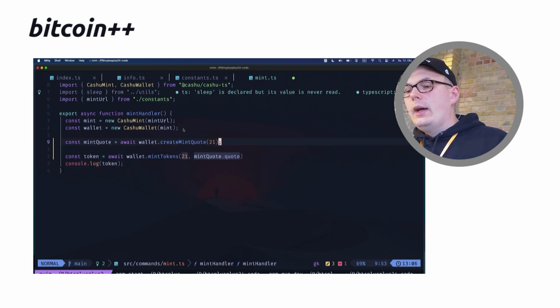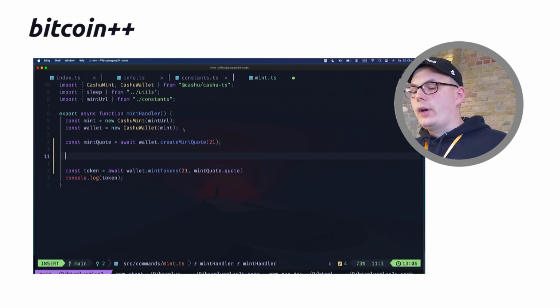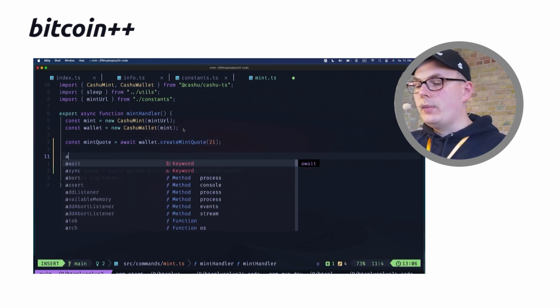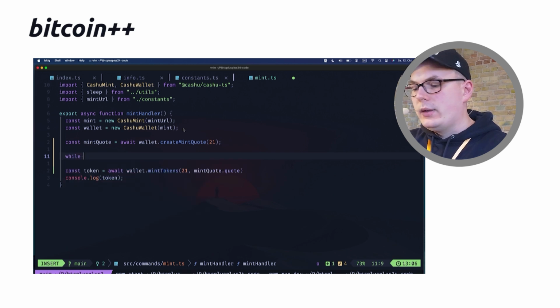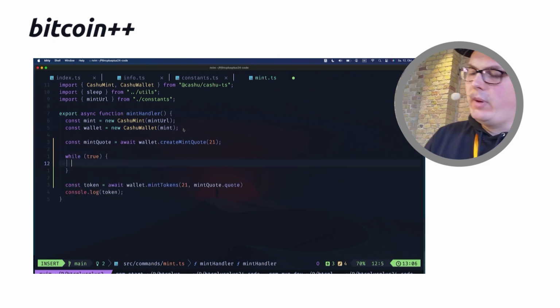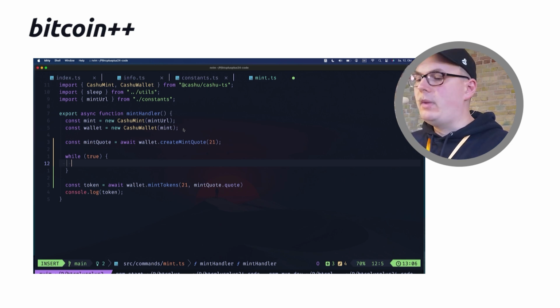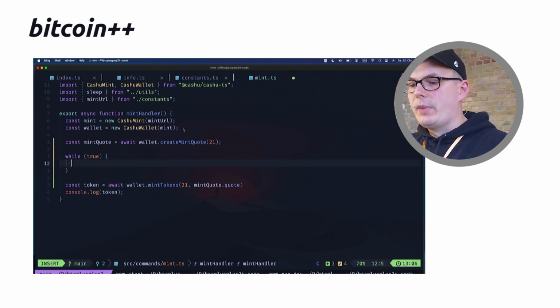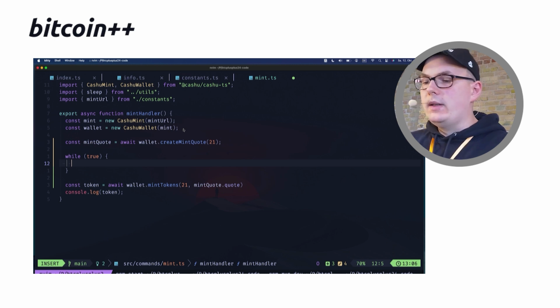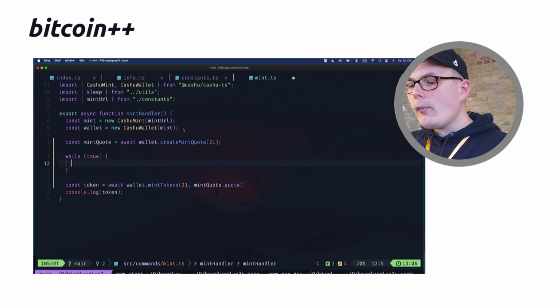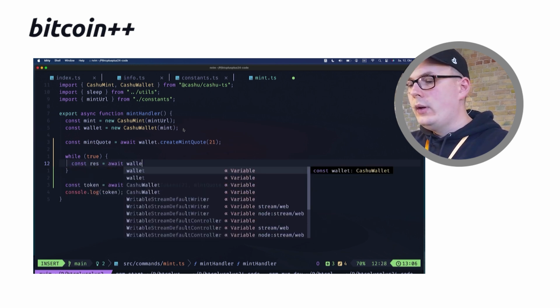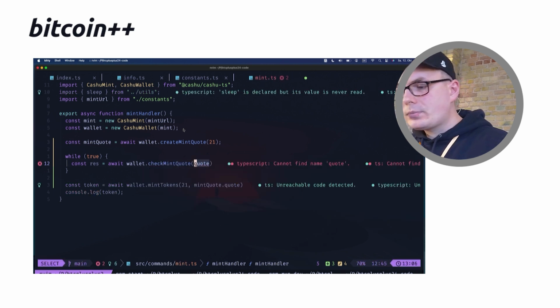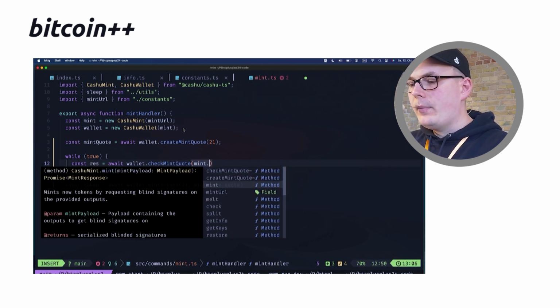So as I said, we want to sleep for a couple of seconds, or we could also let's just wing this here and build a loop real quick to do some polling. I don't think we'll actually do polling because the fake mint just immediately marks this quote as paid. But what you would do is you would basically say, okay, I want to check the mint payments quote payment state, and you can do that with another method called check mint quote. This also takes the quote ID,